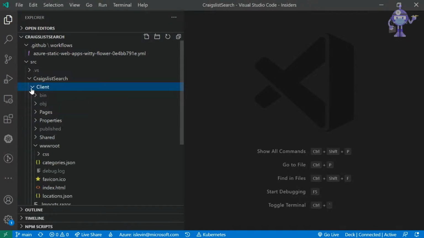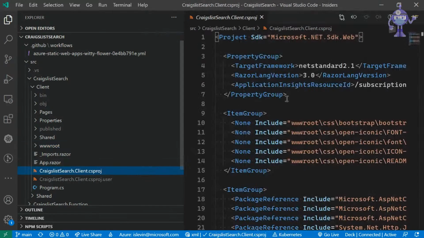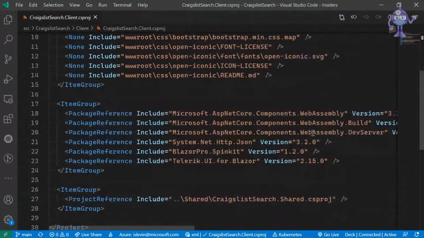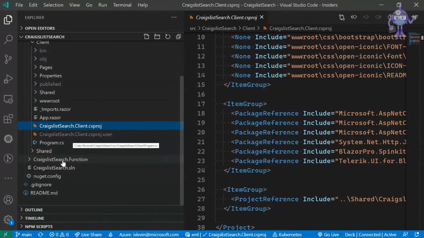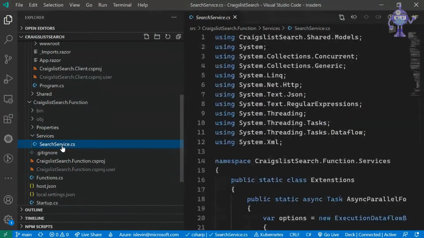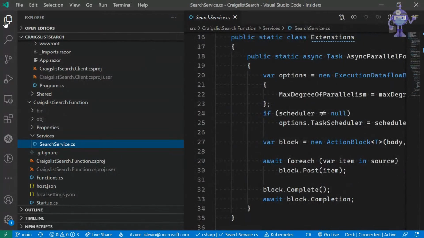If I go to my client here, this is all just Blazor WebAssembly. If I open here, it's .NET Standard. I'm using components WebAssembly and Blazor Telerik controls. And then the Azure function actually does all of the work. The Azure function is just a service that uses another service that basically parses